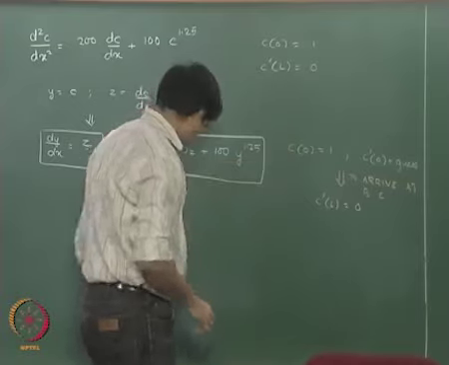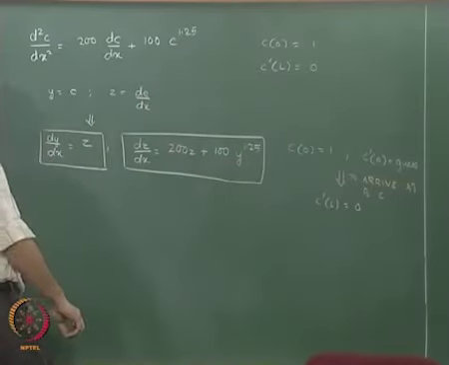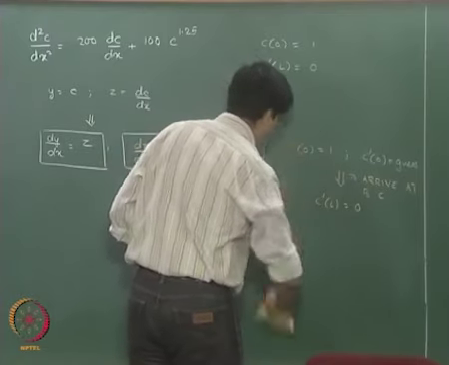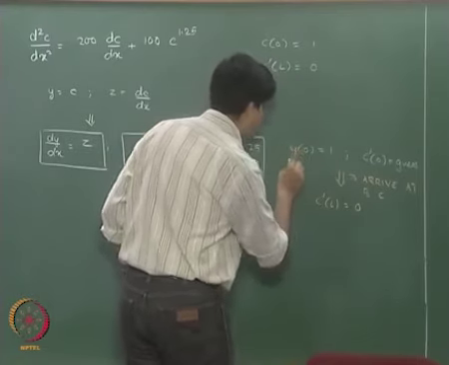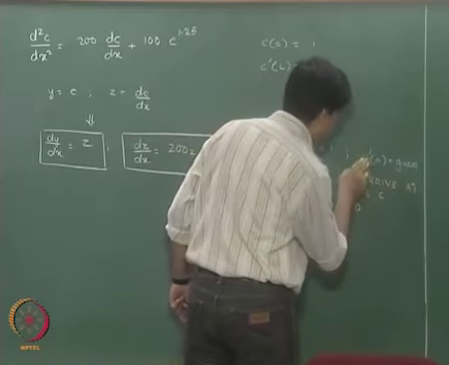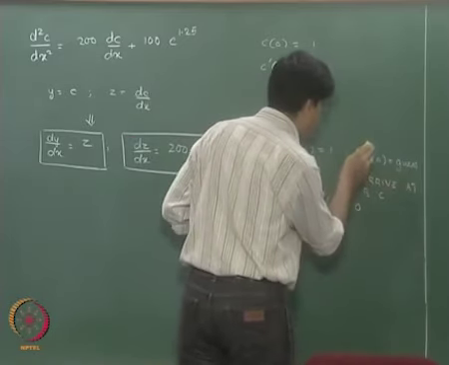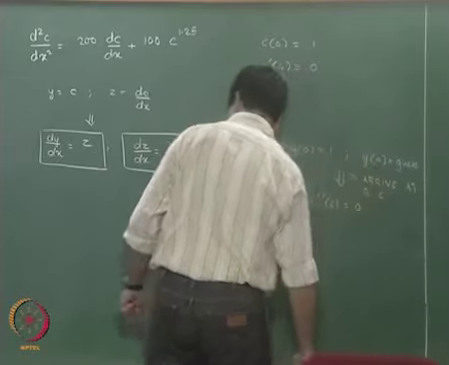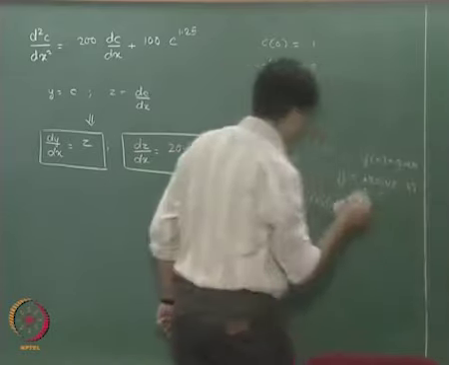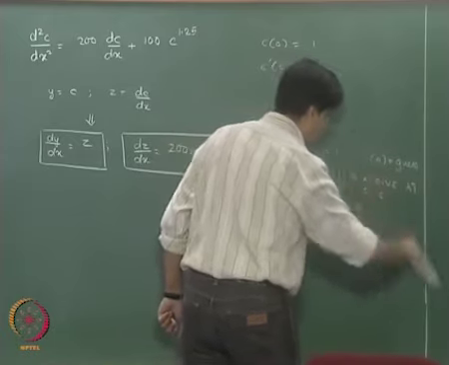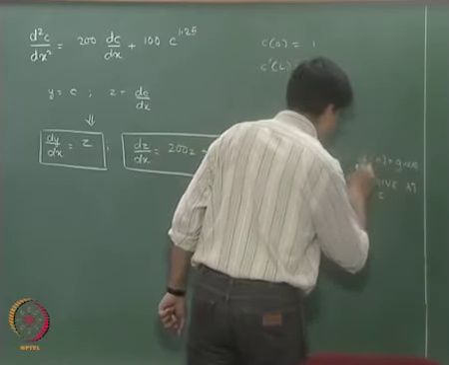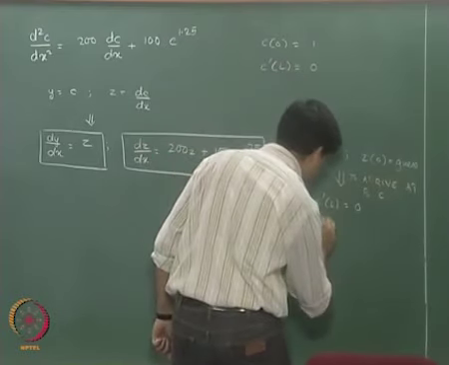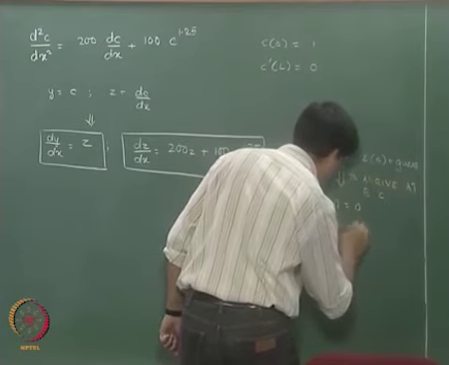So C at 0 equal to 1 I am going to replace as y 0 equal to 1, C dash 0 equal to guess I am going to replace as z 0 equal to guess,